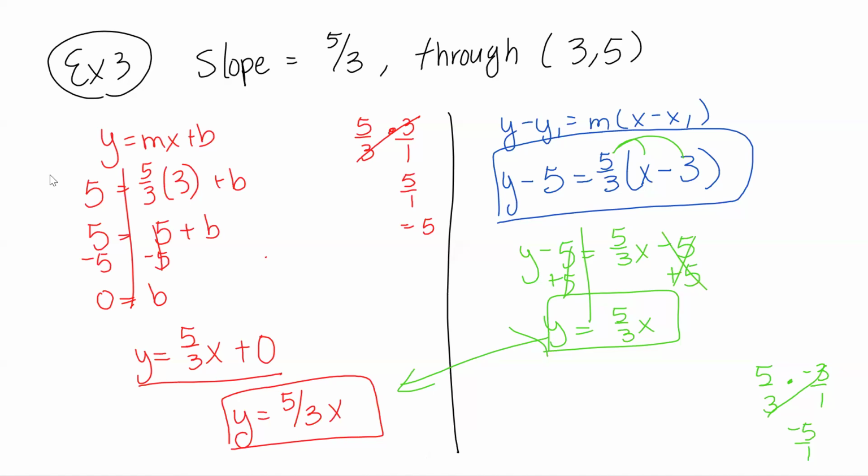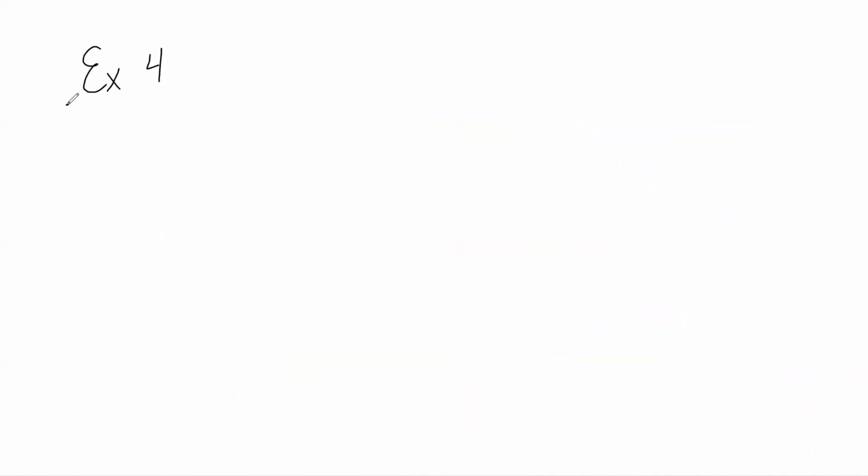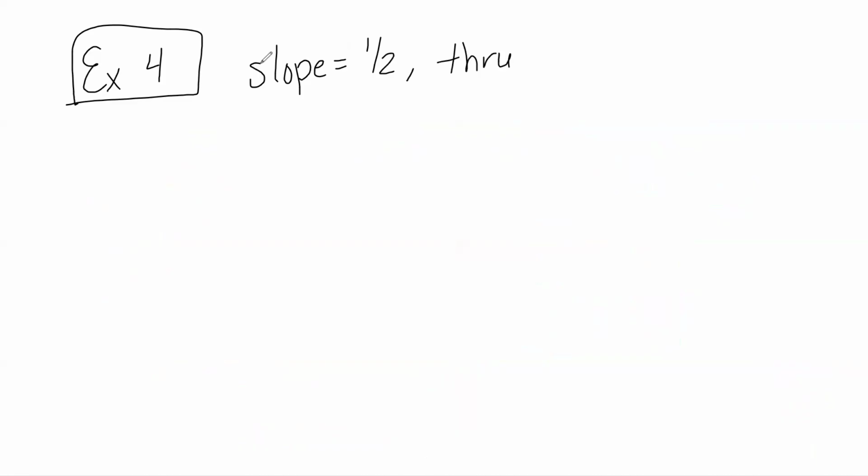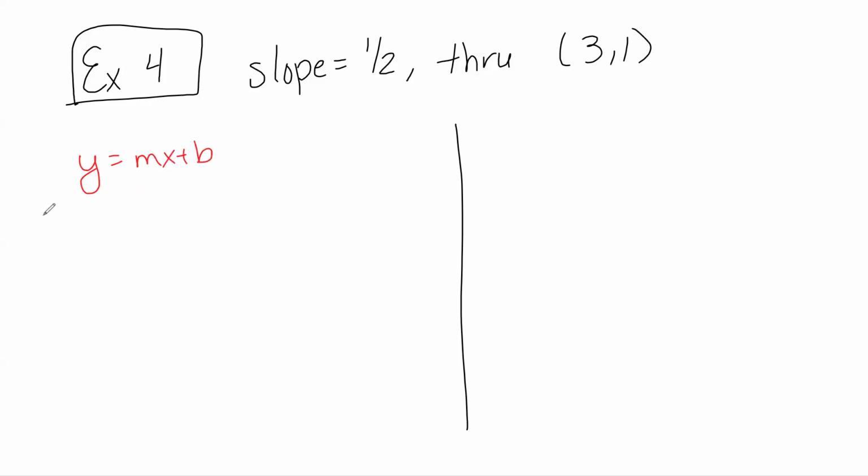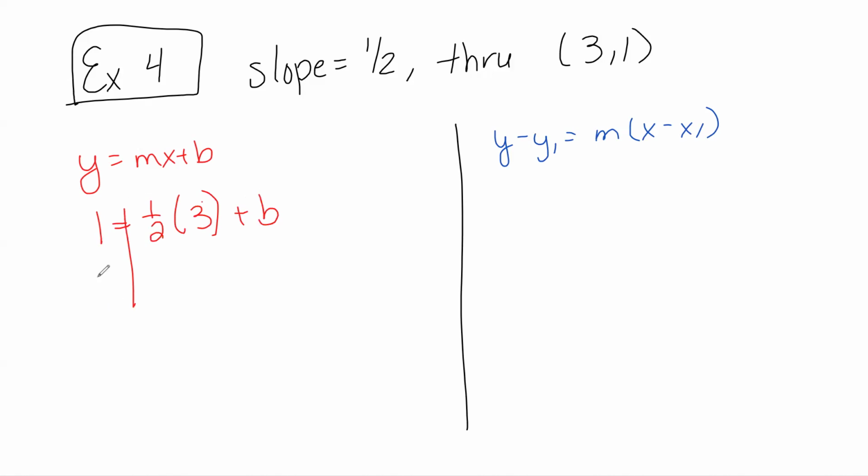Okay, I will do one more example, then I'm going to wrap up this video. Example 4, I'll do one more with a fraction. We're going to have a slope of 1/2, and it needs to go through the point 3, 1. Again, two ways. This is slope intercept, my preferred, and this is point slope. On the left first, this would be y is 1, our slope is 1/2, the x is 3, the b I don't know, solve. 1 equals, to the side, that's 1/2 times 3/1, which would be 3/2,